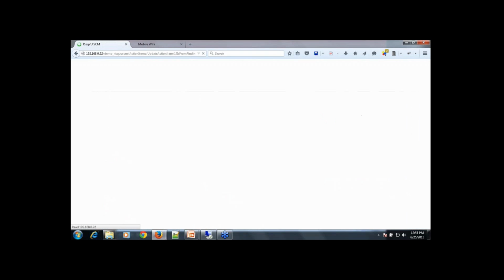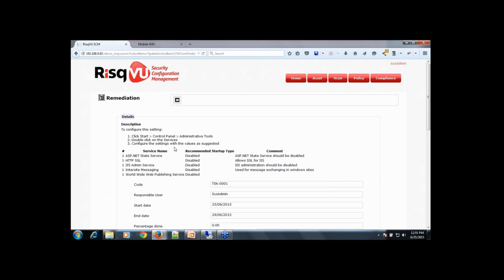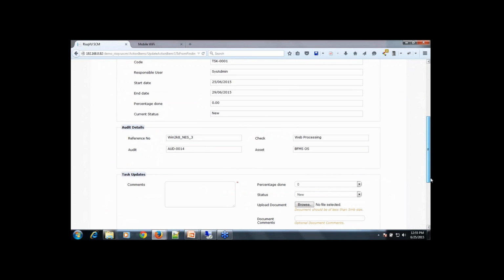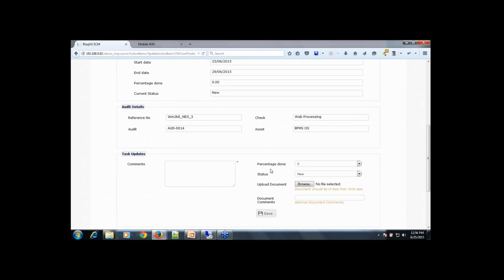I can go inside and see what remediation steps I have to follow. I will do the steps on the target system, and I will change the status and the percentage, and I can also optionally upload some evidence to mitigate the system or mitigate the finding.